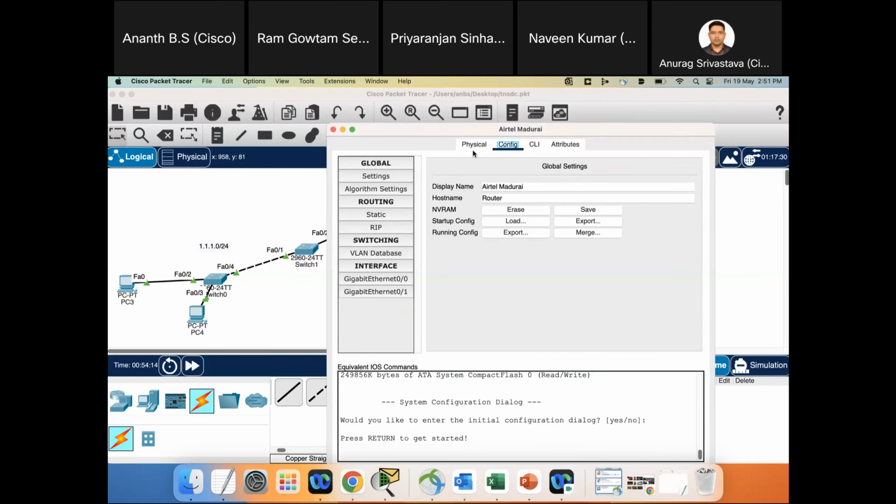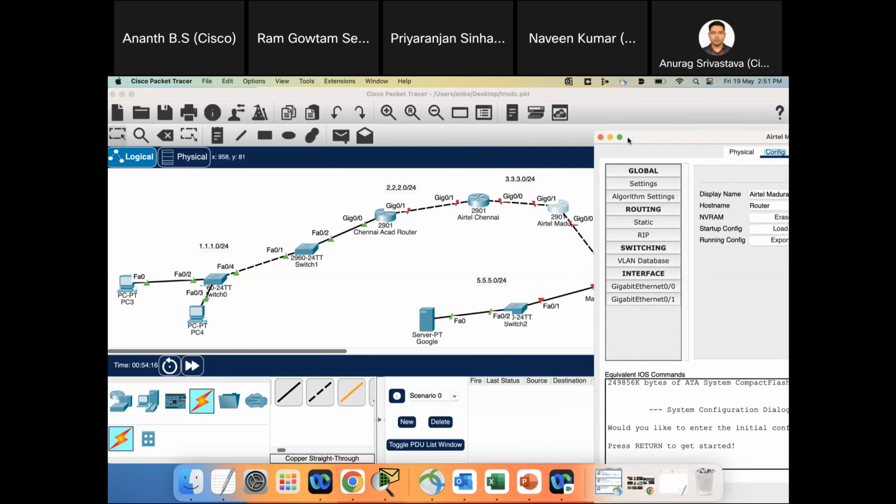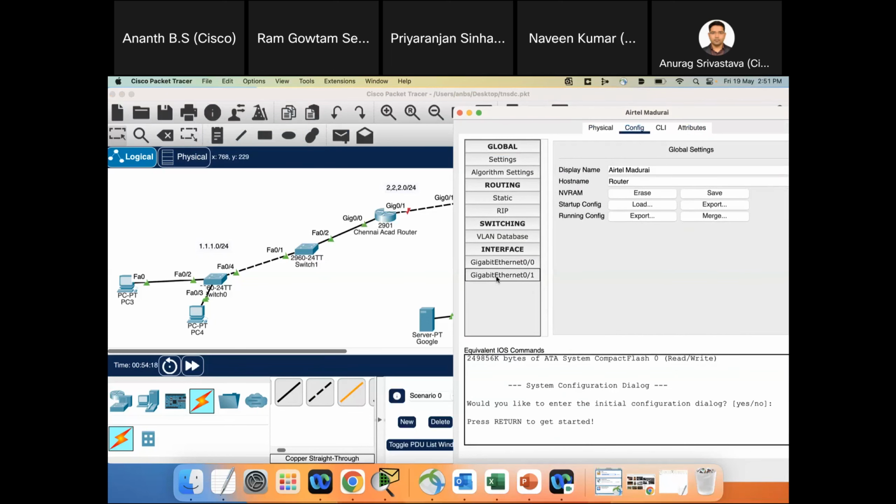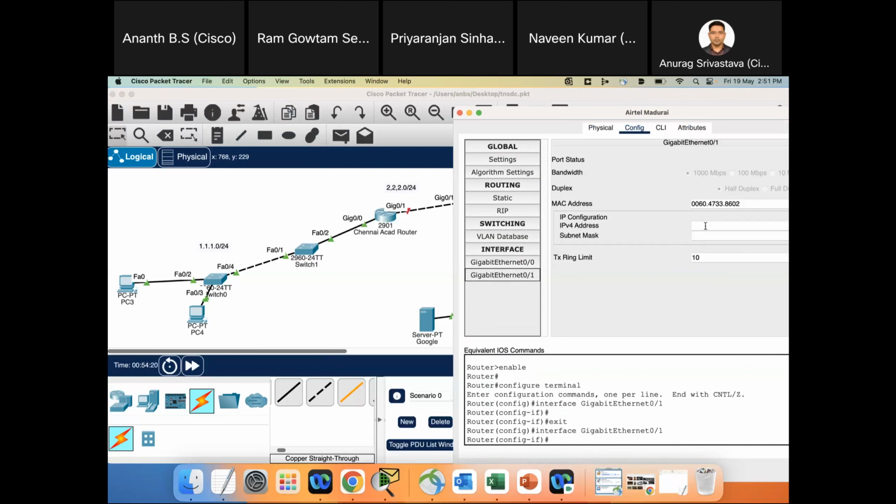So let me drag this side. So gig 1 and gig 0. Okay. Gig 1, I'll give it an IP address 3.3.3. Okay. And for gig 00, which is in the Madurai part, it's 4 networks. So I'll give an address starting from 4, say 4.4.1. Okay. Now I'll come here